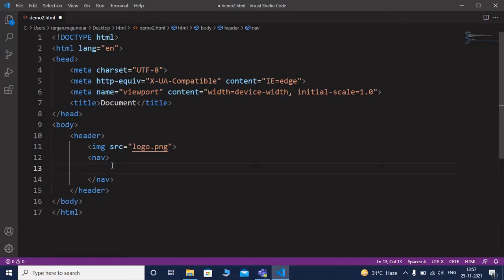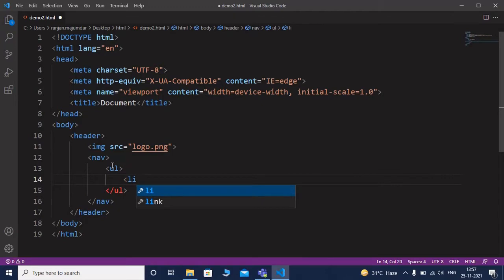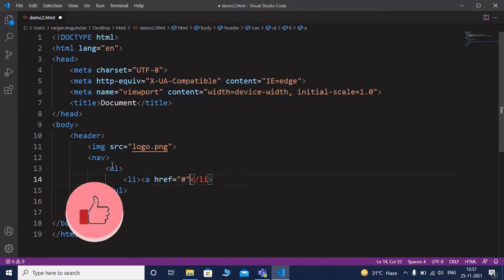I have already said nav is basically navigation links. So within nav, I am using an unordered list and list items, with href, home. A means anchor and href is the property of the anchor tag.